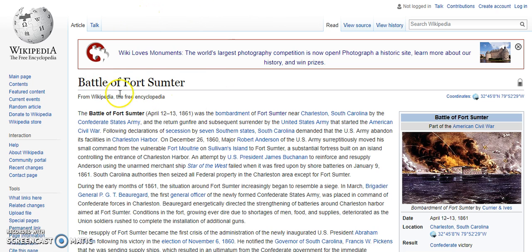So I think Fort Sumter is a perfect topic for the beginning of the Civil War, both dealing with conflict, of course, but the breakdown of compromises, the breakdown of earlier agreements. You could look at how the Compromise of 1850 and earlier compromises had broken down to get to this point.